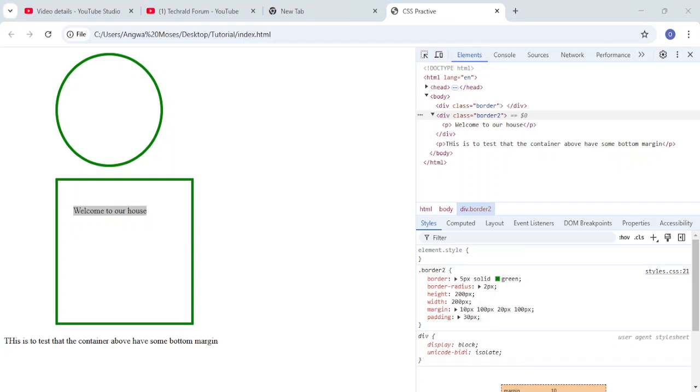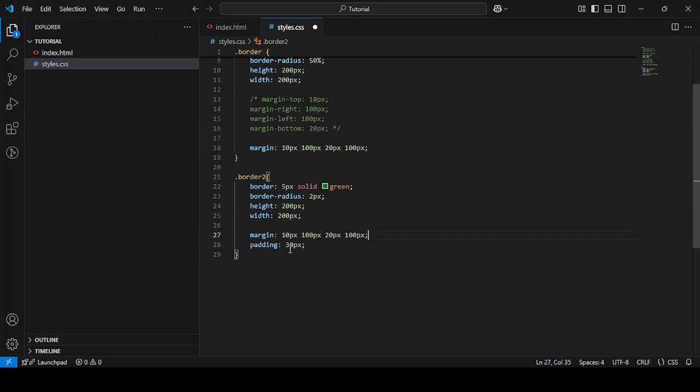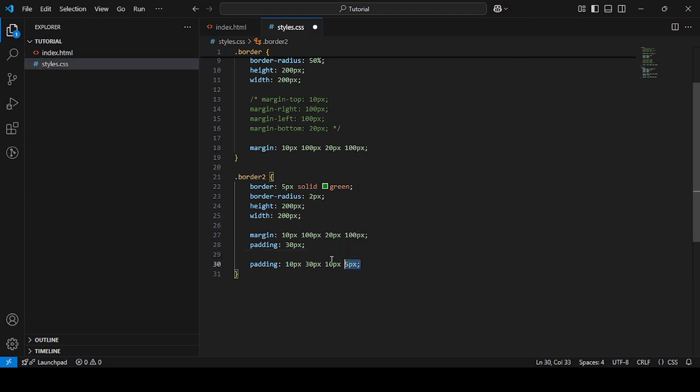And just as we have a shortcut for margin, you can also write the shortcut for padding as padding, you do top, you do right, you do bottom, then you do left. So that is how to use the shortcut also for padding. So we don't have much time. I already talked about